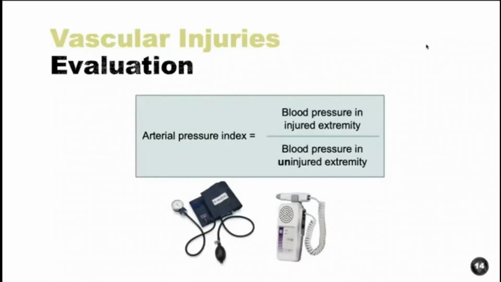Now, the other thing to consider is that when we talked about how there's collateral flow in the three vessel flow to the foot in the lower leg, they may have underlying peripheral vascular disease to the extent that they actually are not getting three vessel flow through the lower leg. And so in that situation, they may already be one vessel down, so to speak, to the point where an injury to just one other vessel, instead of two, puts them at that critical point of only having flow through one vessel to their foot. So,